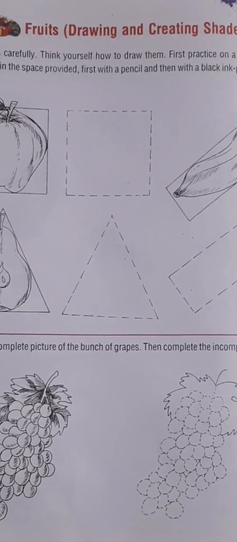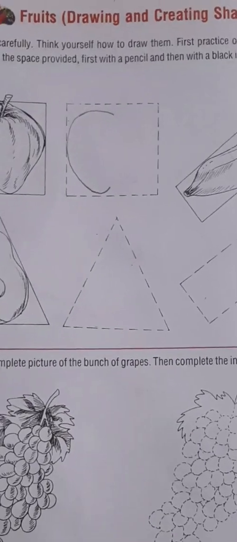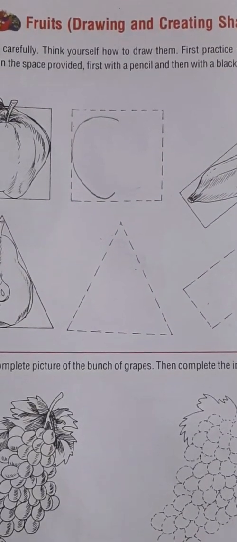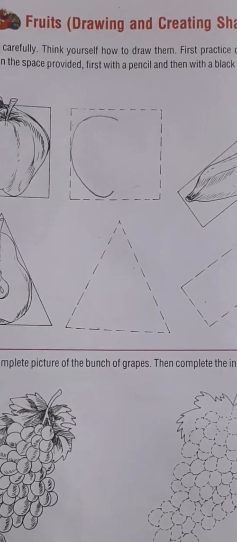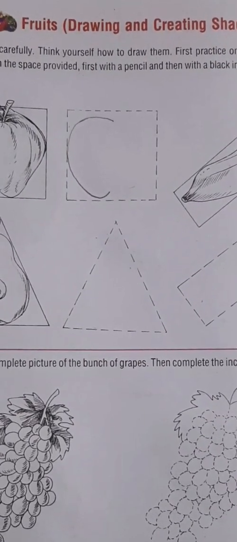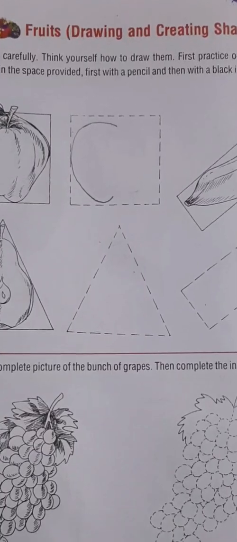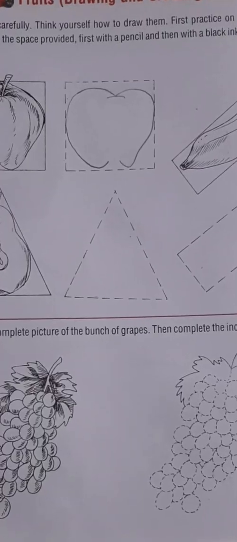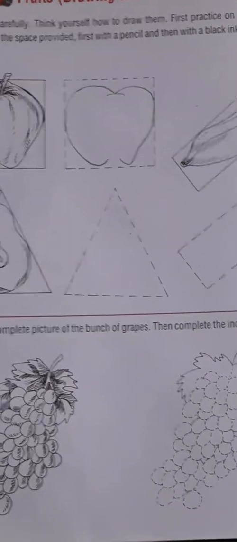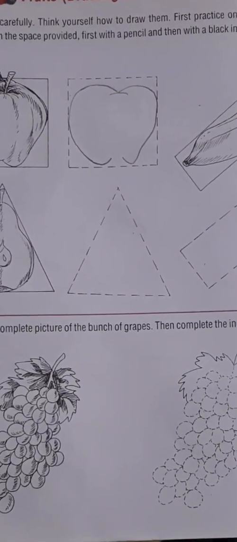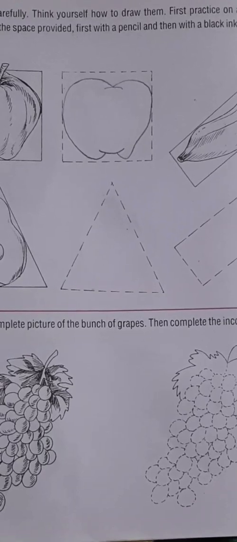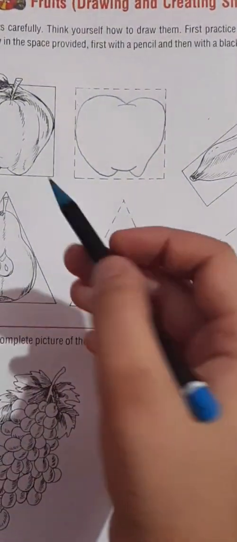So I'll let you know how to draw it. You have to draw the first curved line like this. It's a C pointed downwards slightly. Now the next curved line would be on the opposite side, and it would be the inverted C. Like this, you have to just narrow down your C slightly, and then you will join these two C's with a curved line. As you can see, the basic apple shape has been ready.